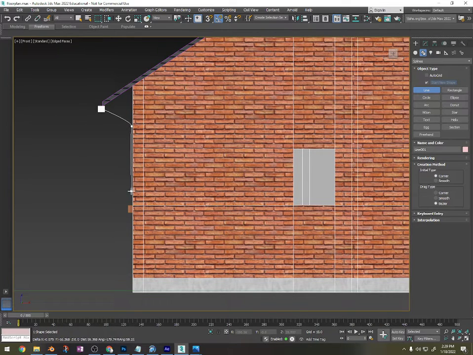And now I'm going to hold shift so I can get a straight line. And then I'm going to click down here, and then I'm going to stop. So left click, and now I need to get out of the tool, so I'm going to right click. Okay, right now we've got a white line that we need to turn into a shape, so I'm going to